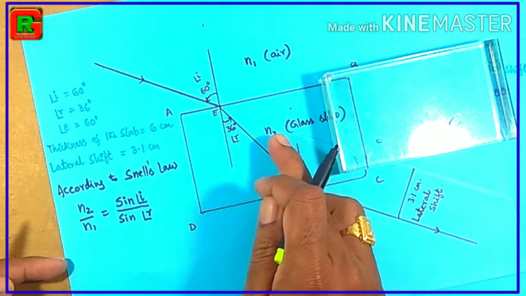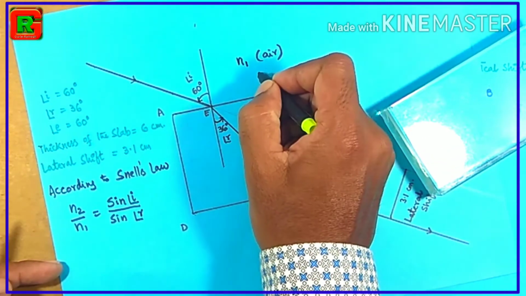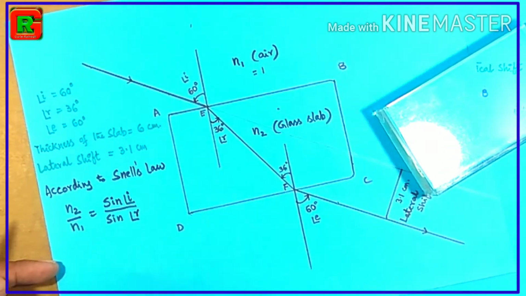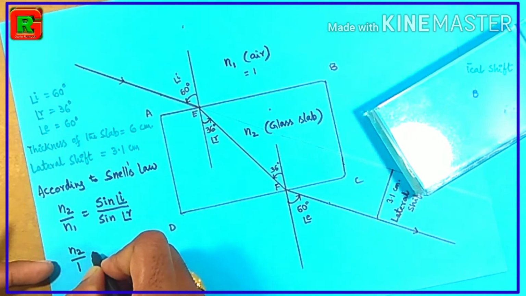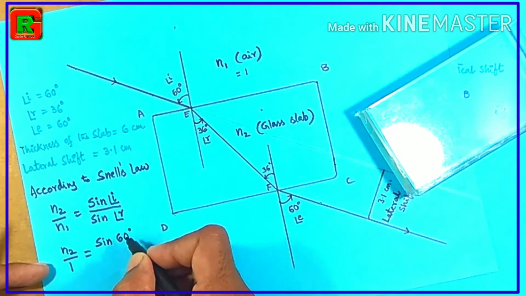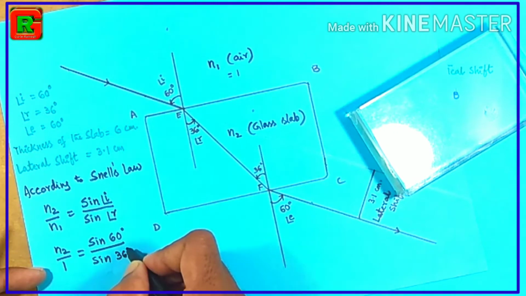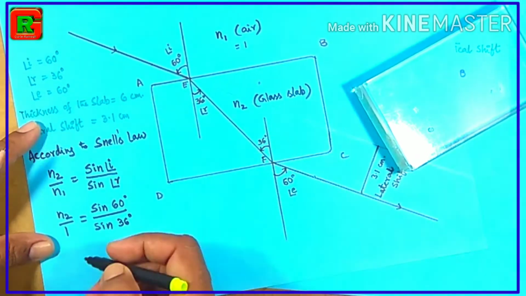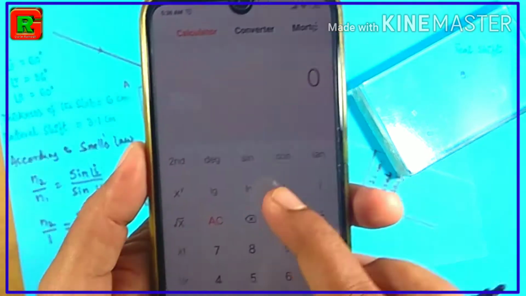Now we have to know the refractive index of glass slab, that is N2. And already we know that the refractive index of air is 1. So N1 is equal to 1. Put the value N1 as 1 in this equation. We get N2 by 1 is equal to sin I, I means 60 degrees, by sin R, R means 36 degrees. That implies N2 is equal to sin 60